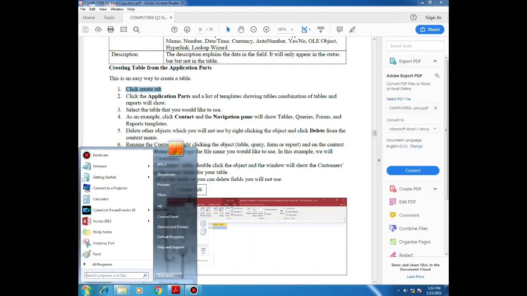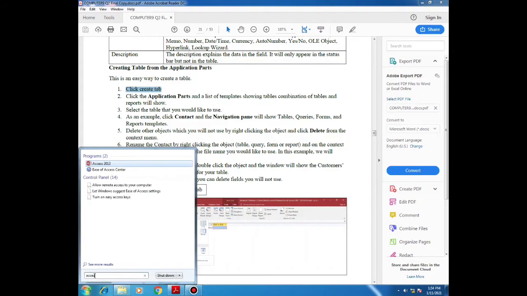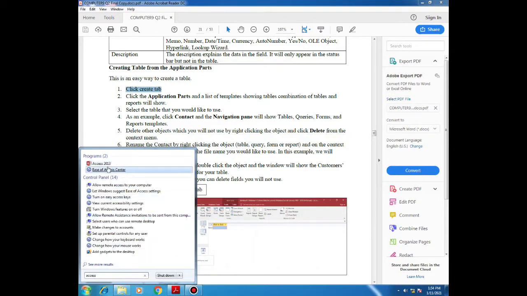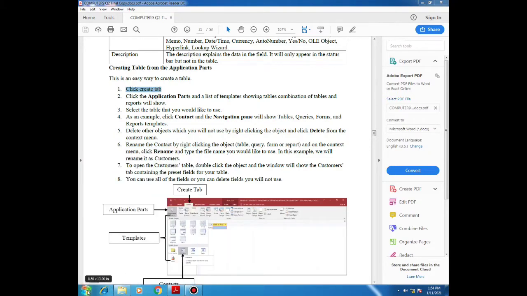So all you need to do is to find your MS Access. You can use the search engine of your computer. Pwede nating i-search dito ang word na access, and magpapakita na po dyan si Access. Ganito po ang logo ni MS Access. Okay, this is the logo of our database. Now, kung sakaling hindi nyo pa rin mahanapan at sinearch nyo na lahat-lahat at hindi pa rin mahanapan, then